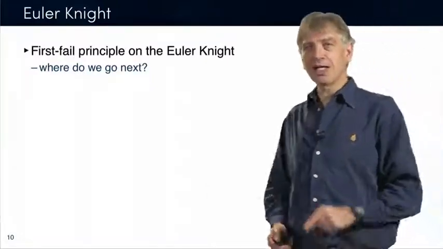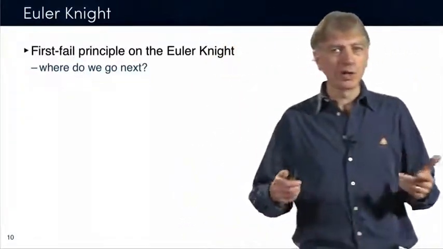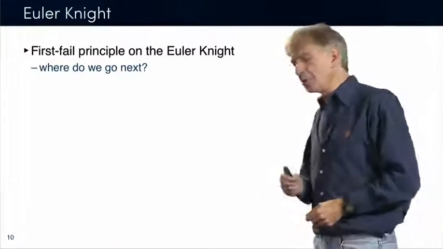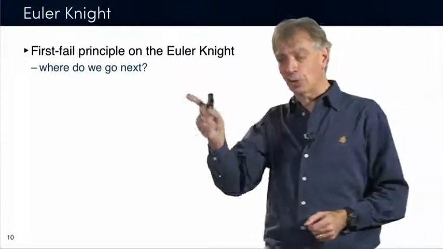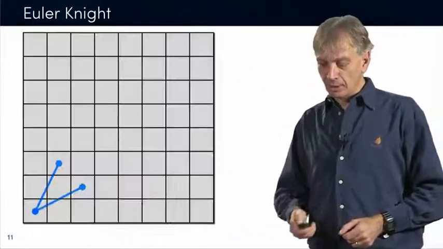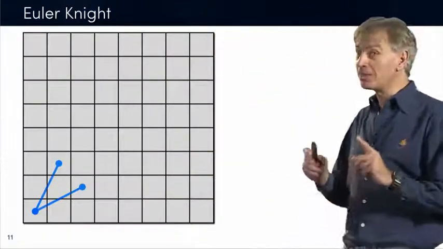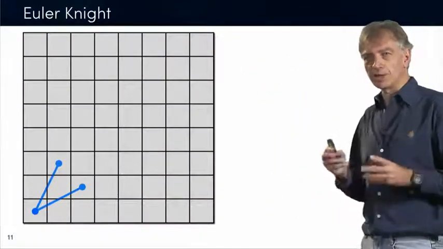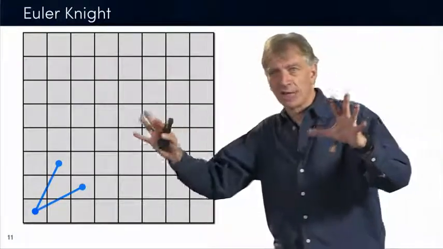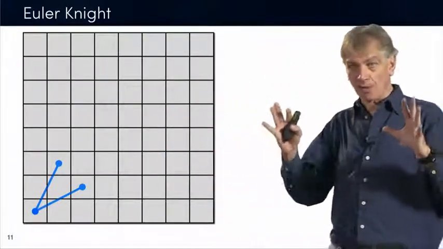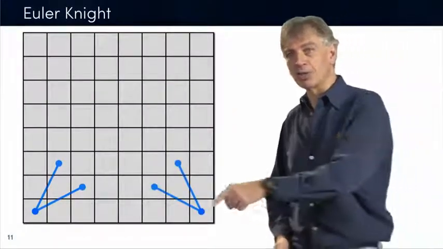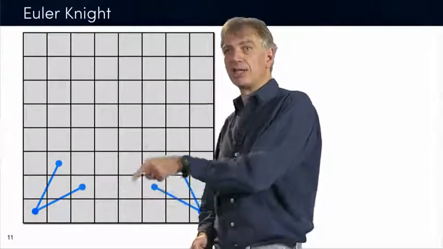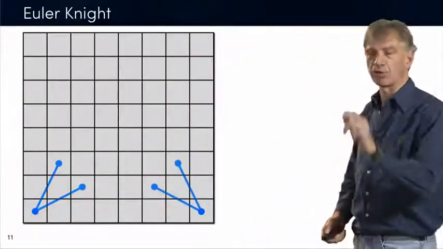So the key question here is where do we go next? And every time I've been teaching a class on combinatorial optimization and asked this question, people always tell me, well, you have to take this guy probably because it has very few positions. But this is not what the system is going to do. Once again, the system is going to look at all the positions and find out the one which is the toughest to assign. And where is that? Well, that's another corner. Because once again, there are only two positions. Well, for this guy, there are at least 3 or 4 positions. 4 for that particular one.